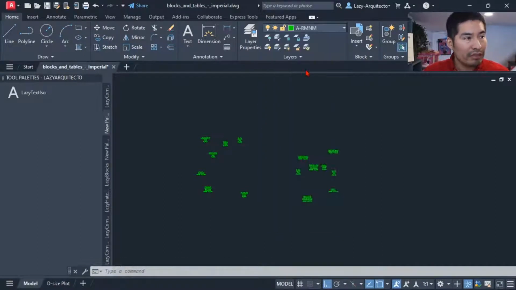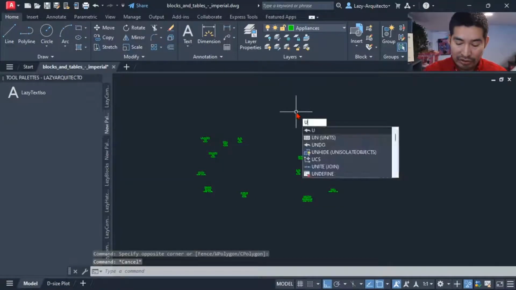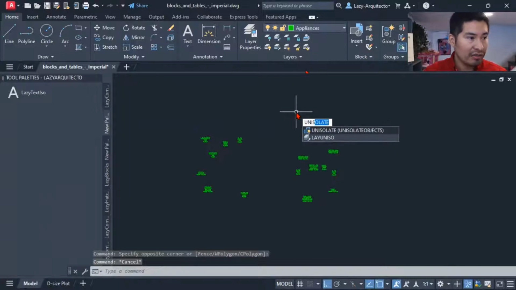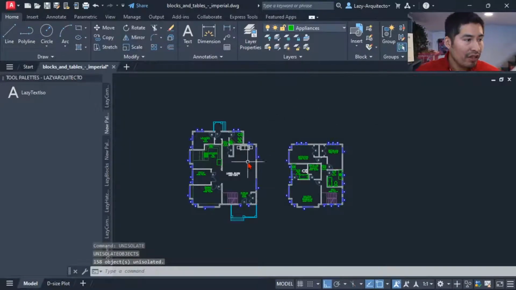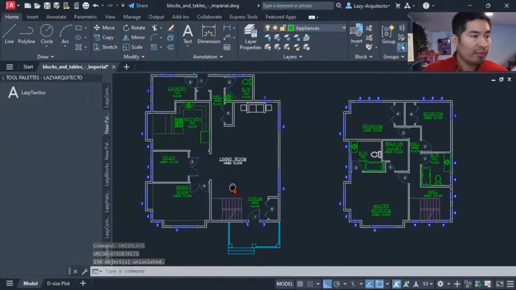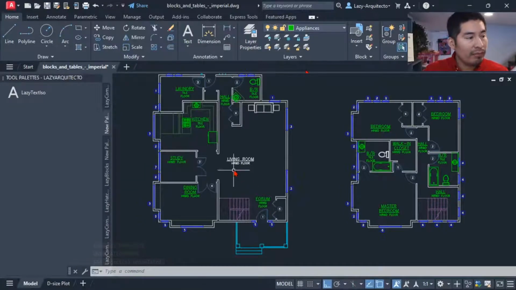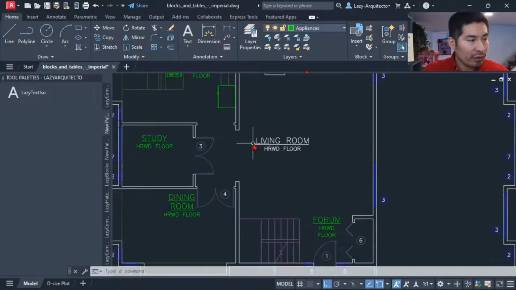So a room name, let's change that, and to unisolate, we can simply say unisolate, right? And as you can see, we have a problem here. The command didn't isolate this piece of text over here.